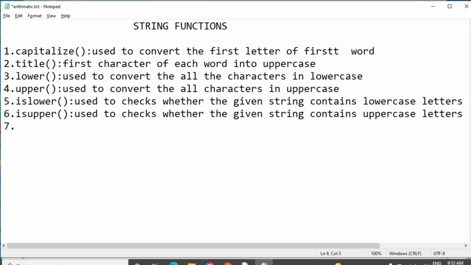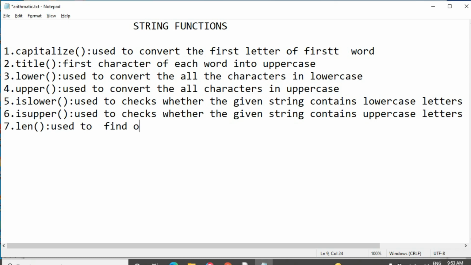Then the next function is the length of function. This function is used to count the number of characters in the given string. How many characters are present in the particular string.